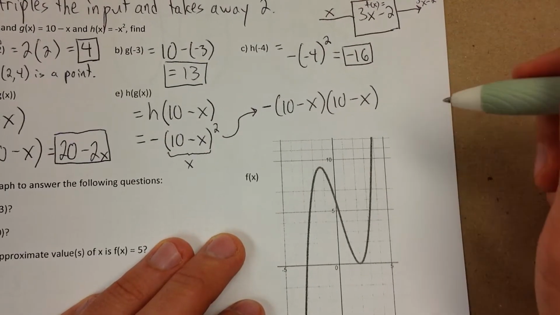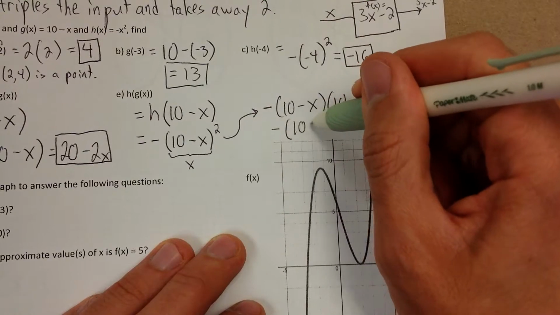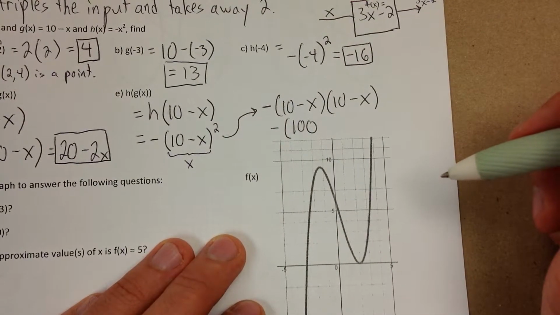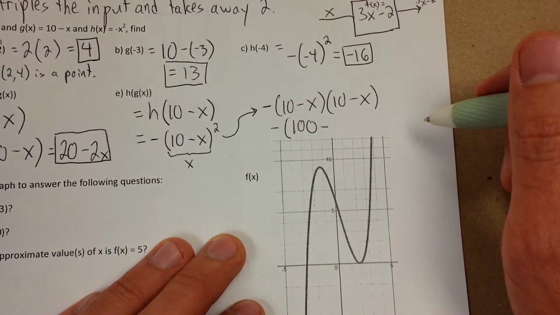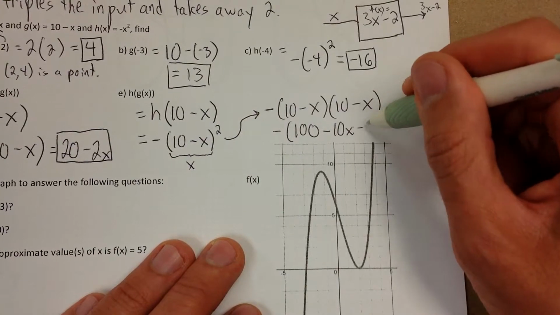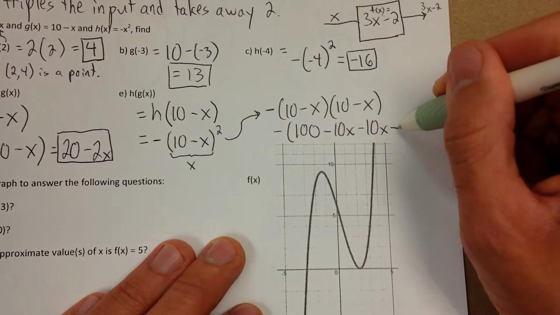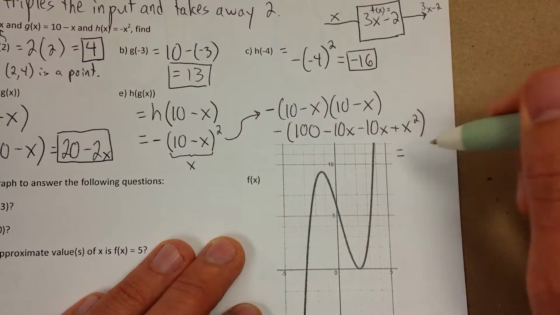Okay, so it's 100. Yep, I'm with you. Minus 10x, minus 10x, plus x squared. Good. Keep going. So then